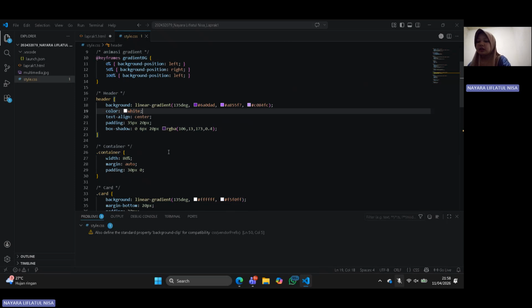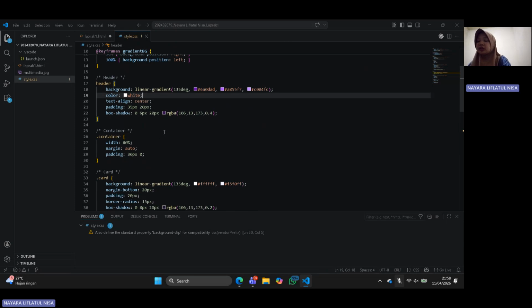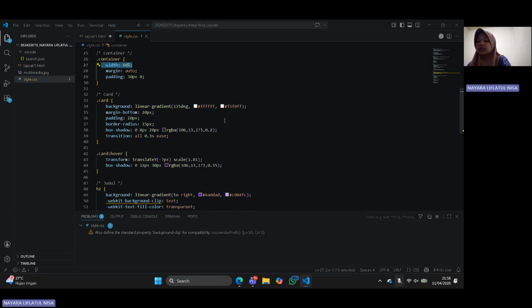Next is container. The container is used to control the width of the content. I set it to 80% of the screen, so the layout looks balanced and not too wide. Next is card design. Each section uses the class card.